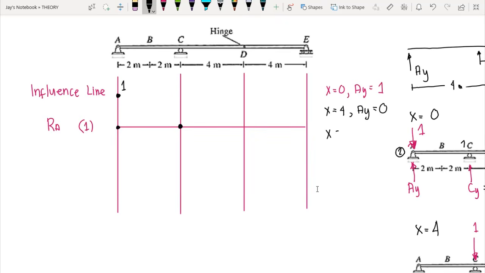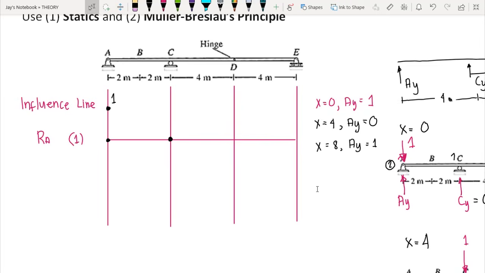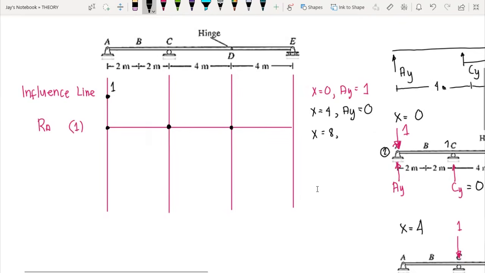Now when x is equal to 8, our Ay here is equal to negative 1. Okay? So therefore at this point, our Ay is negative 1. So we have here negative 1. And lastly, when our x is equal to 12, the value of Ay is equal to 0. So we have at this point when x equals 12. So if we connect the coordinates, we would have